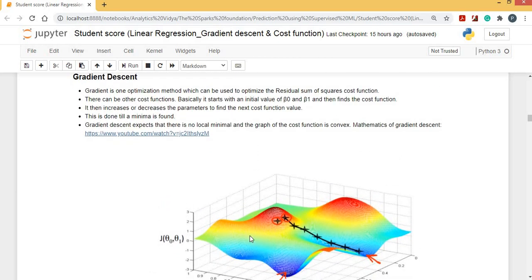So guys, don't panic, we'll understand all these terminologies. However, the cost function and gradient descent are not explained in detail in this tutorial. So what you can do is refer to this YouTube channel. They explain the mathematics of gradient descent right from scratch. It is one of the best videos I have seen till now, so do look at it.